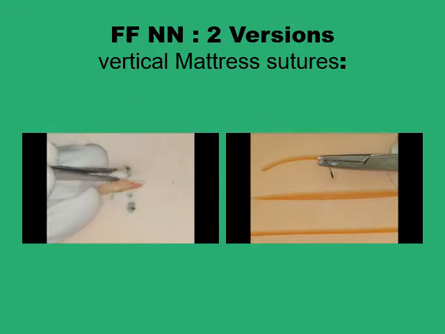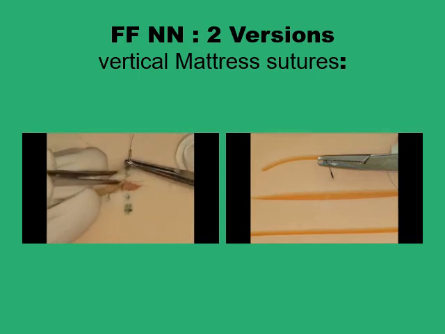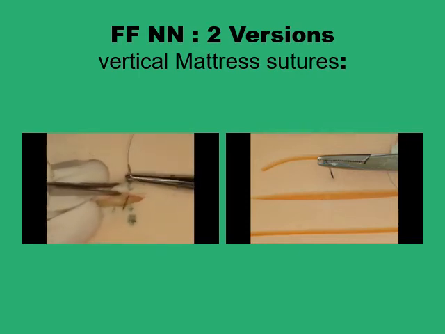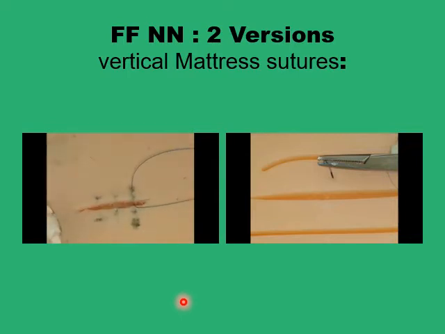Now we start with the first member of the family, the far to far and the near to near. These are the classic versions, but there are two versions of these classic ones. This one is the very traditional type. You take the suture from the far point on one side to the far point on the other side,